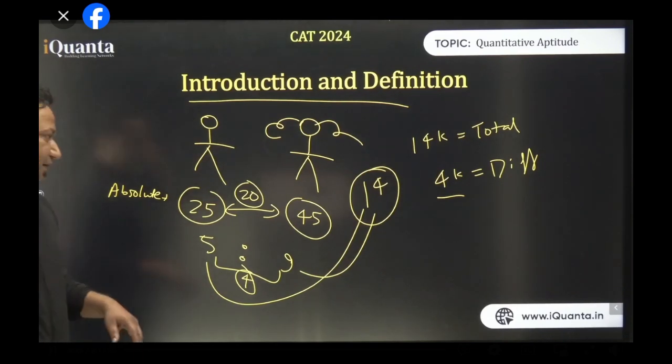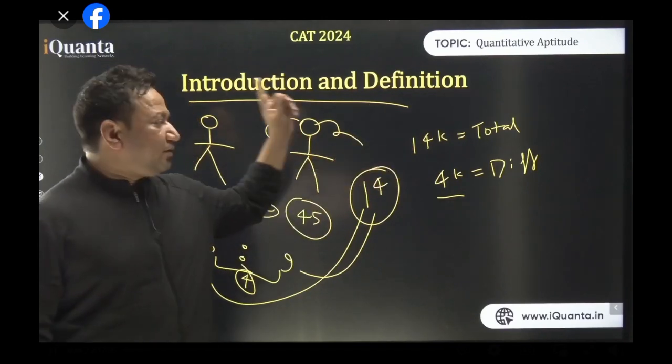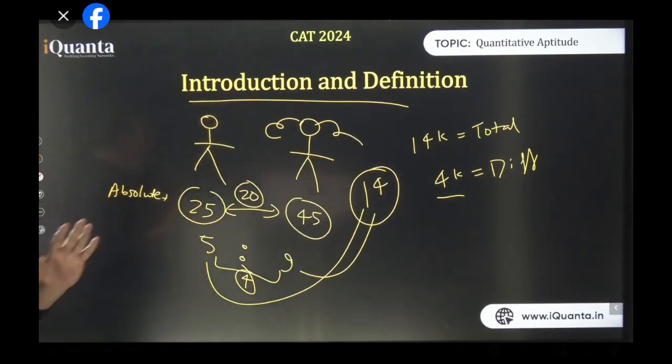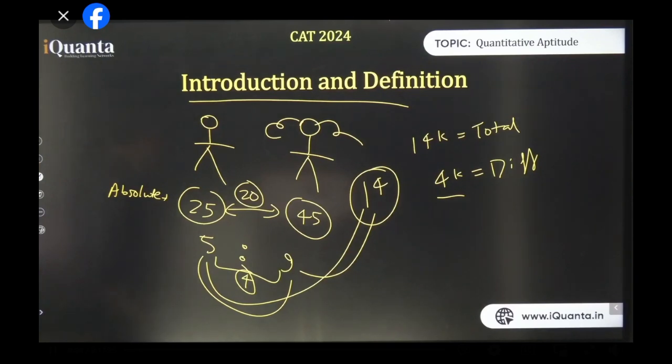ठीक है. ये बातें बहुत जरूरी है समझना कि the total chocolates will always be a multiple of 14. The difference of the chocolates will always be a multiple of 4. That is what we are sure of. Yeah, Anshika, 5 plus 9 is 14 and 9 minus 5 is 4. The sum will be a multiple of 14. 9 और 5 का sum है ना. Difference is 4. ठीक है.